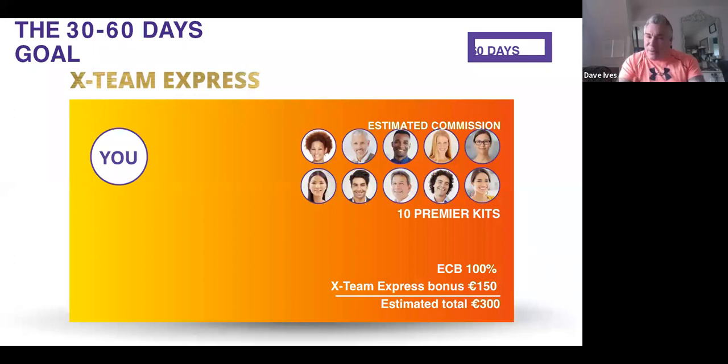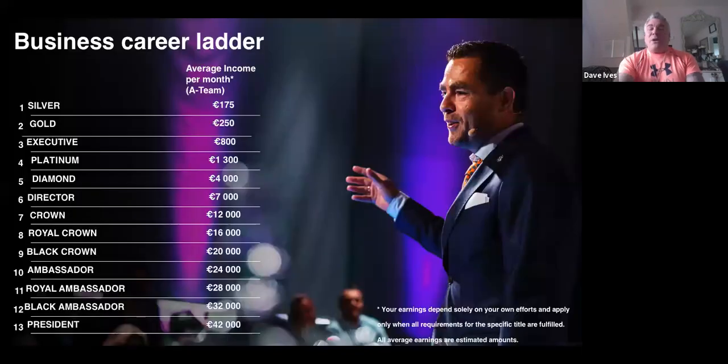Now there's other bonuses that kick in. And when you hit these ranks, there's other things like ECB and RCB that can be explained. But I just want you to understand, keep it simple, get John excited, stay focused on what do I need to do next? And then we start to move through the progression of the career ladder. And we now know that May, level 4, Platinum. If you hit Platinum by the end of May,